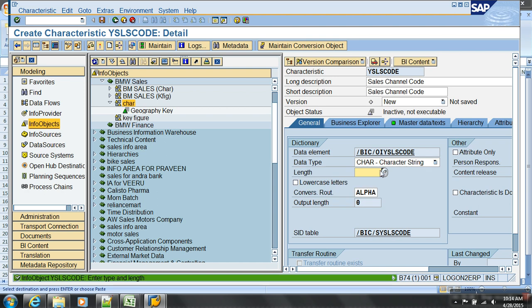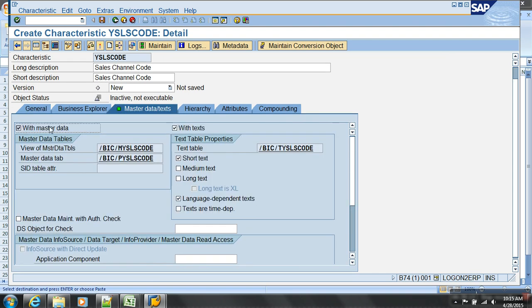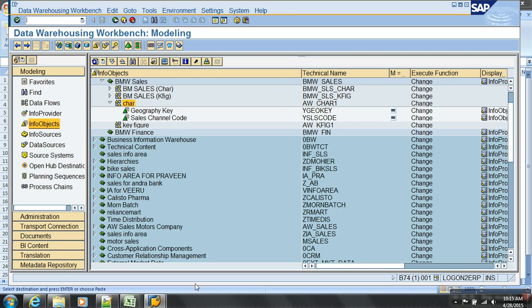What is that you wanted? Care? One, because it's I or yes, right? One. And do you want attribute table for this? No. You want only text. Single short text is fine. I don't want language different, it's okay. Because I would like to maintain those descriptions in different languages if required. Active. Done. Input is created. That's it. What about the next one?